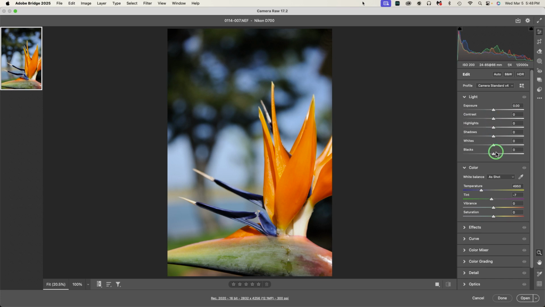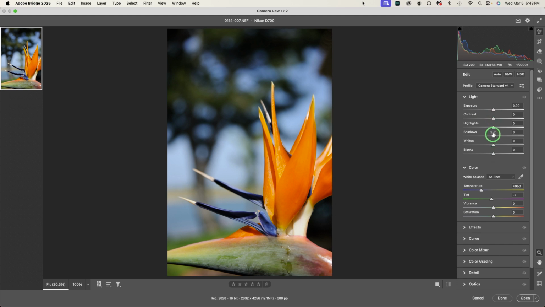Well, you're going to have to play around to see what's going on. But, and here's the big but, I love this auto button. And when I click this auto button, we're going to get not only stuff going on here. Okay, so now that we understand what these sliders will do and the kind of information that gets moved around